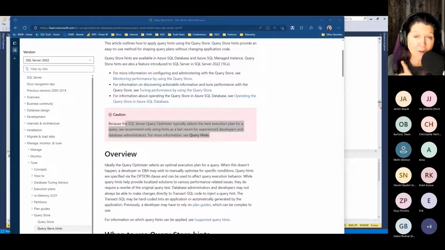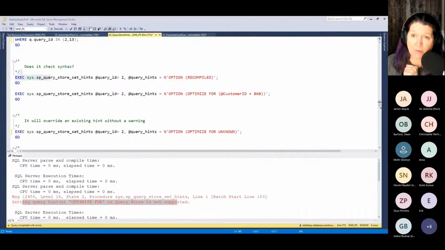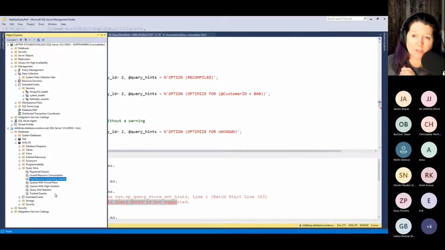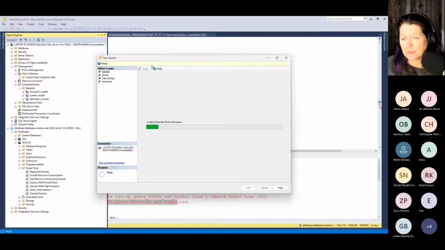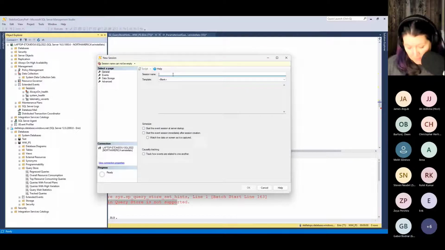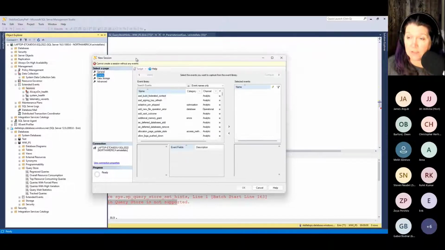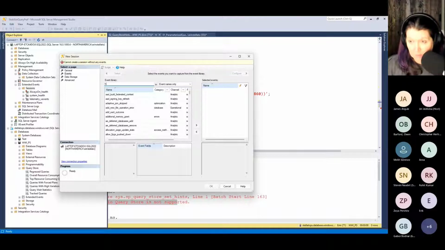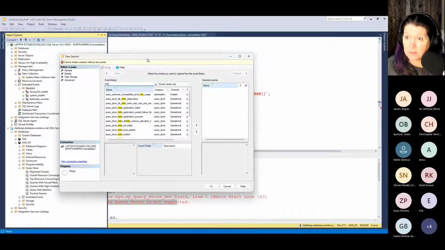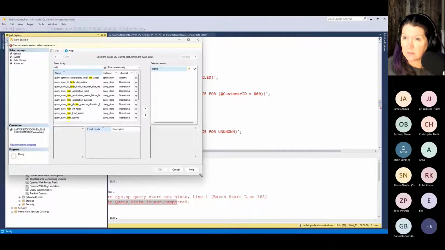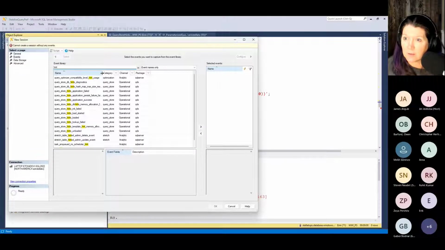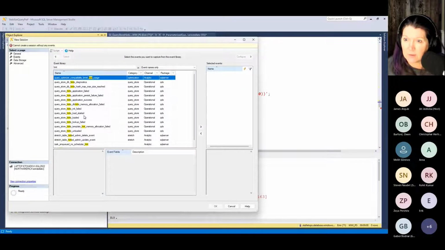Now, if you want to audit this, if you want to track what's happened, then you want to use extended events for that. So within extended events, if we come in here, and we go to events, and we go to hint here. So we should have